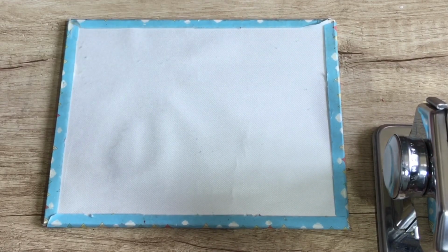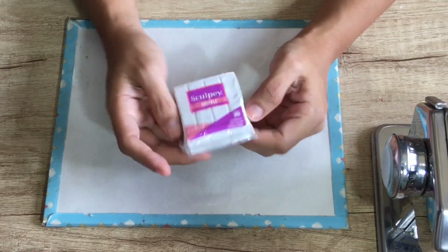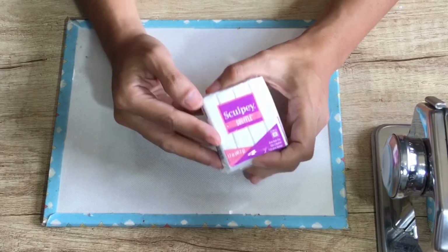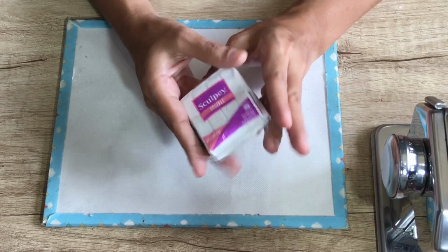I almost ran out of white clay last week, which would have meant that I wouldn't be able to do a color recipe. But thank goodness a good friend of mine from the States went home and gave me some Sculpey Souffle in white. It's my first time to use Souffle and I quite like it. It lends a matte texture when mixed with other colors, and since it's fresh clay, it was still soft and